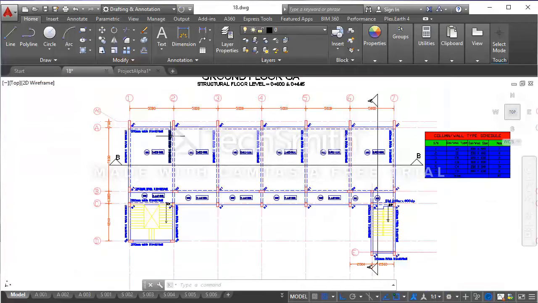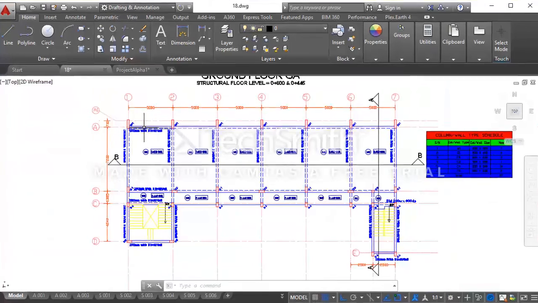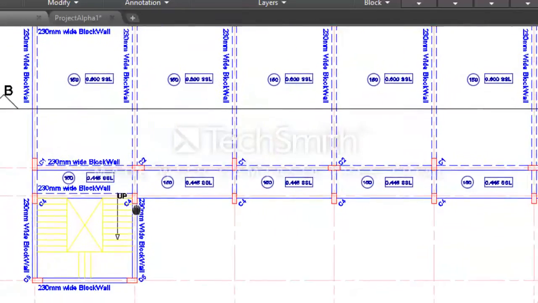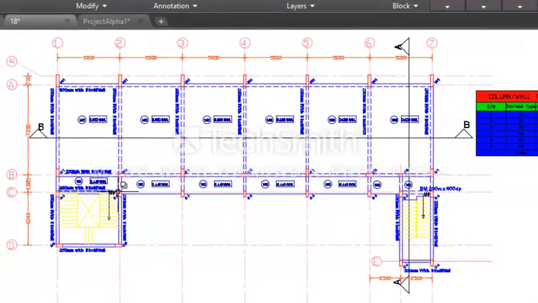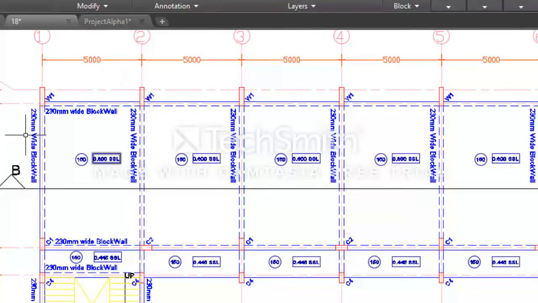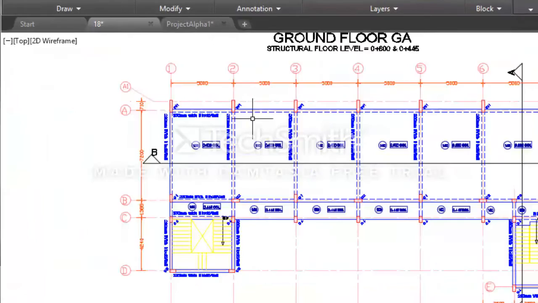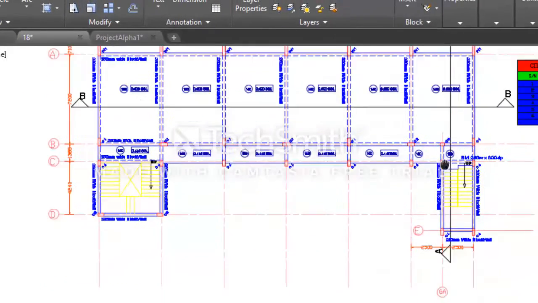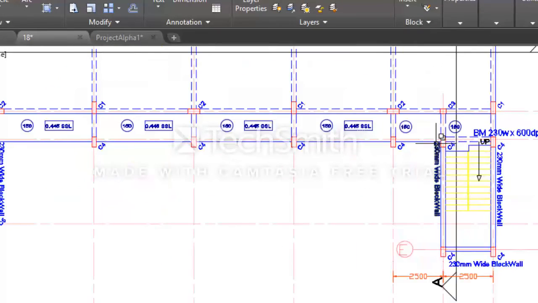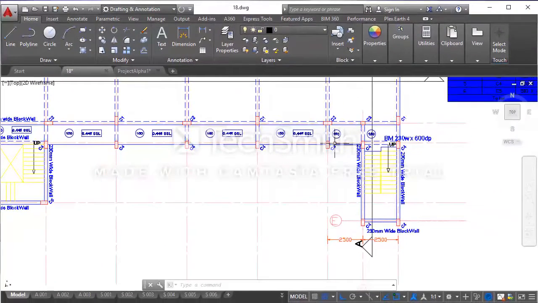As you can see in the drawing, foundation walls were provided along the line A and along the line B. Along the line C, foundation walls were only provided between grid C1 to 2. From grid C2 to 6A, from this point to this point, you can see there isn't any foundation wall details. So what I'll do quickly, I'm going to select